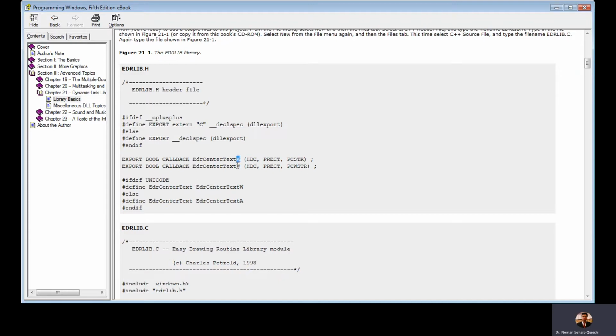One time it is capital A, and the second time it is capital W. And I have told you that capital A is used for ASCII, and the capital W is used for Unicode. And you guys know that Windows natively supports only 2 encoding definitions. One is ASCII and the other is Unicode.